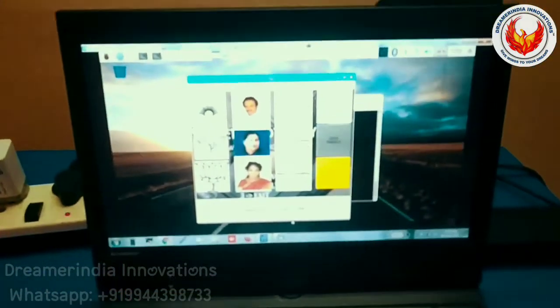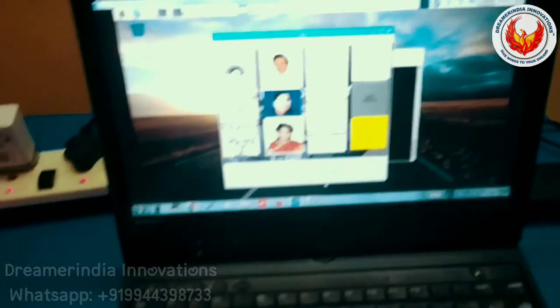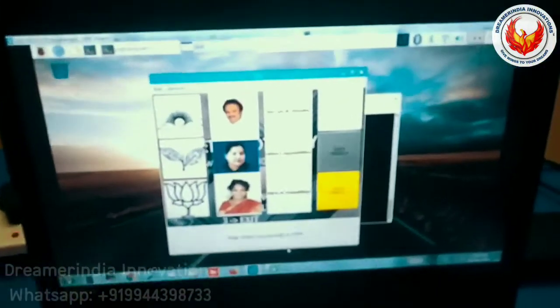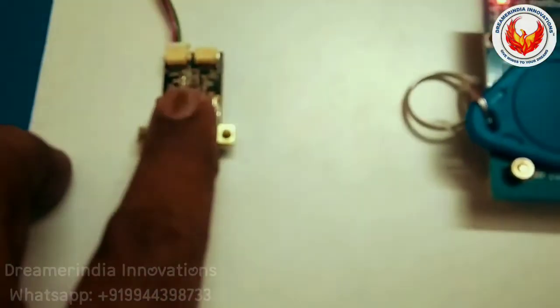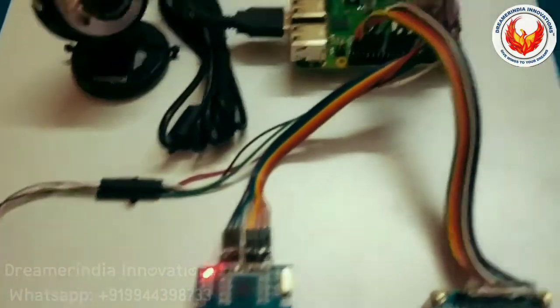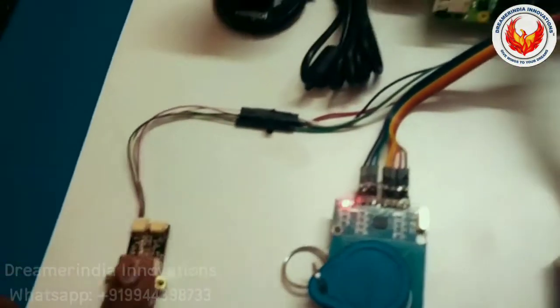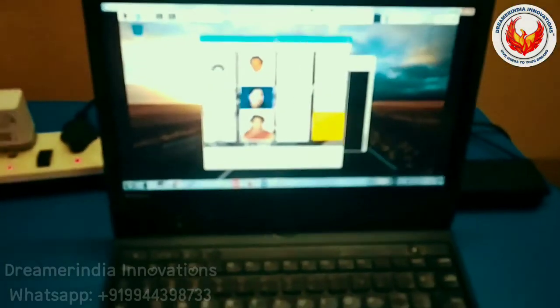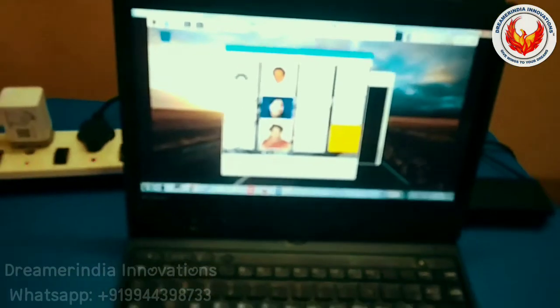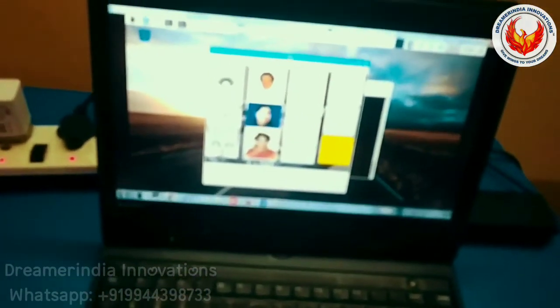If you again try to vote, it will not accept. For example, I am just going to vote again. I am pressing some other candidate here. Again the fingerprint will start. I am just keeping my finger. It will check the finger. I have already voted, right? It should not allow me to vote again. So it will show already voted. Since I have already voted, I am not able to vote again unless the project is started again. But another person can vote.